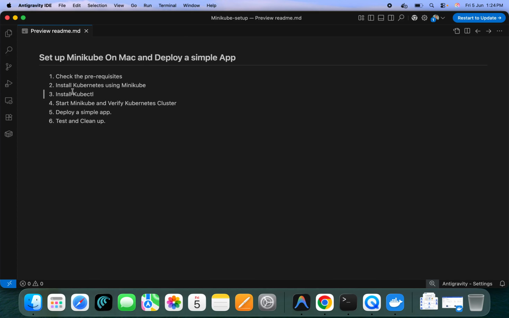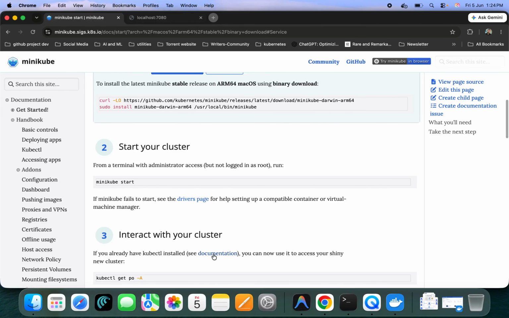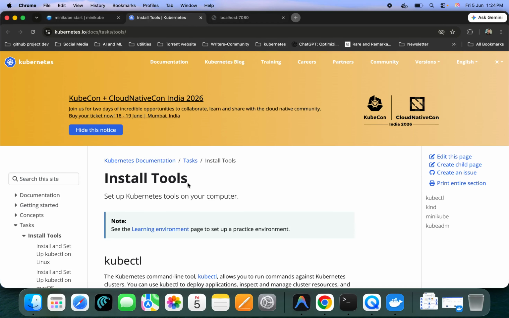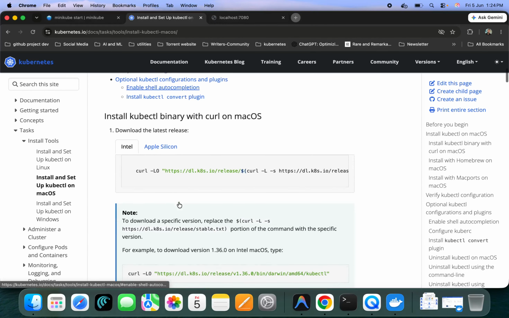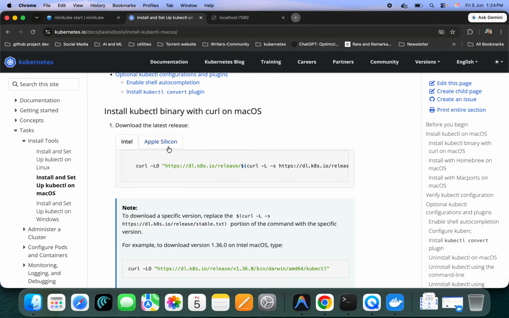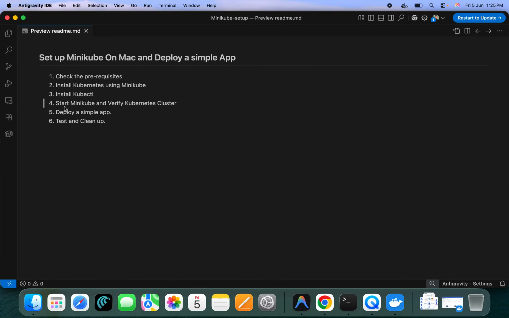Then we installed kubectl with the help of the documentation which we have seen earlier. This is the command for Mac OS. So we have done that, and then we started Minikube. We verified the cluster with the help of kubectl get pods. We have seen what all the different pods are that are running, and then we deployed a simple app